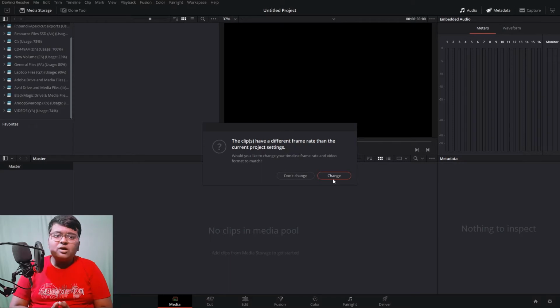The default DaVinci Resolve setting is 1080p 24 fps, and if you have shot in 60 fps, it will convert to 24 fps, and if you have recorded in 4K and all, it will convert back again to the normal DaVinci Resolve standards. So it's not the common standard preset. I'm just gonna leave it at not change.